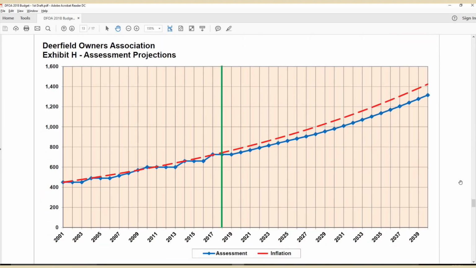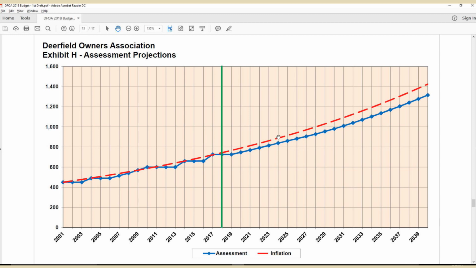This one looks at assessments. And here we're going all the way back to 2001. So this is actually a 40-year graph. About half of it is in the past, where we've been. And over to the right of this green line is where we're moving off into the future. What you can see here,